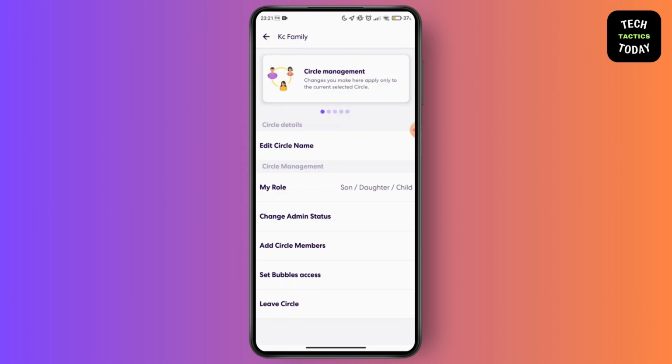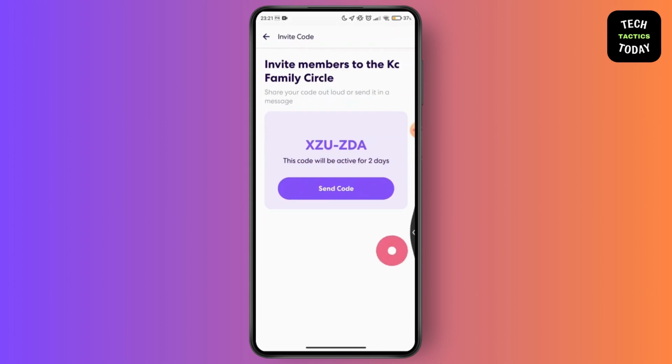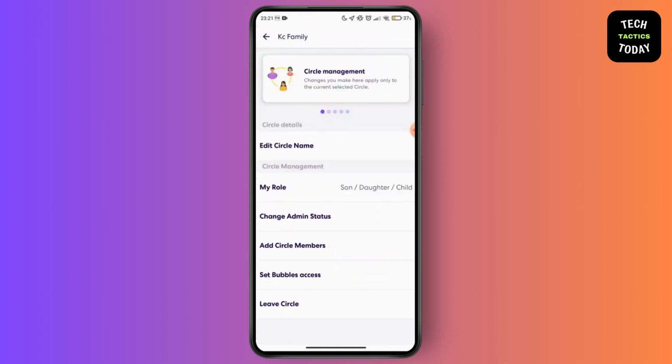So in your circle management you can select the circle member or edit the circle name and change the admin status here. You just go for the add member and send the code. If you already have a member in your circle, then you can just tap on their name